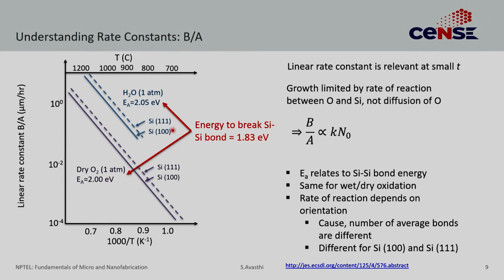That was also consistent. And then how can you explain that the rate of reaction is actually dependent upon the orientation? Well, that is easy to understand. The average number of bonds that you see at the interface depends upon orientation. We looked at this when we did crystal growth. Because the average number of bonds the silicon 100 plane has versus silicon 111 is different, it is easy to imagine the energy it takes to break those bonds will also be different, and that accounts for the small difference in the absolute value. However, their temperature dependence will not change, because the temperature dependence depends upon the activation energy.